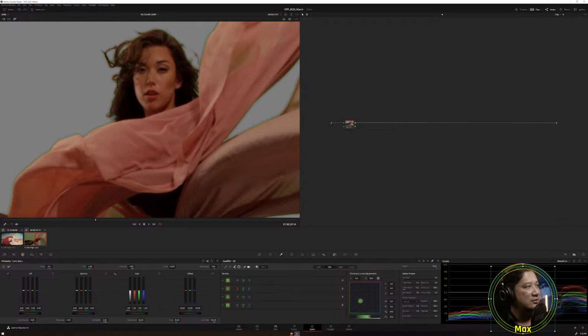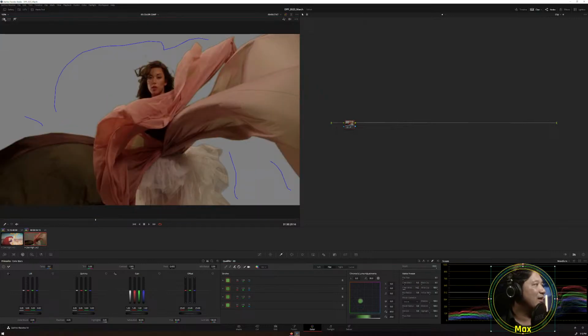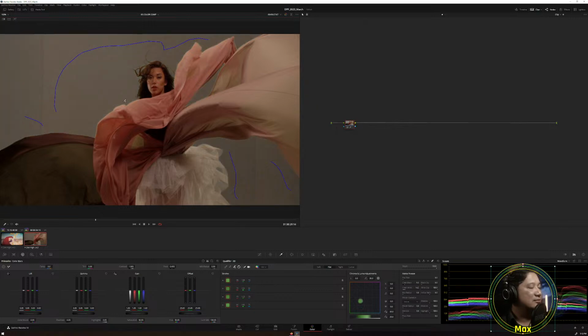Okay, let me just crank up the despill. So as you can see, before, after. All right, simple, right? Now, okay, so now we can do the, how do you call it, the other adjustment. Okay, I probably would like to color correct my subject as well, but instead of doing that